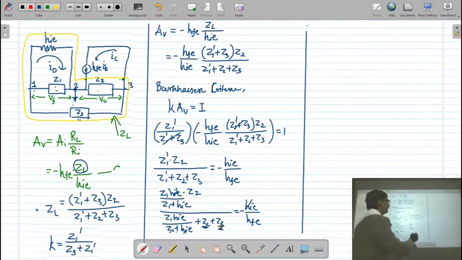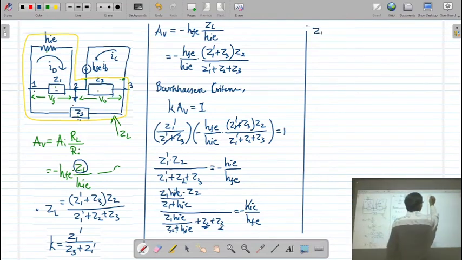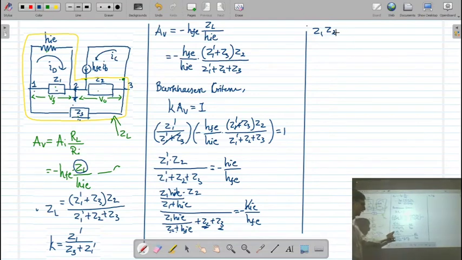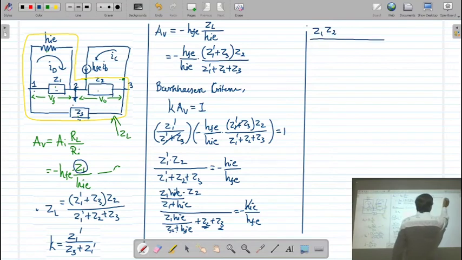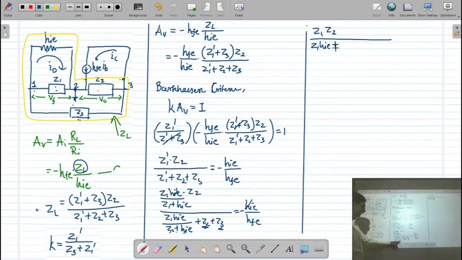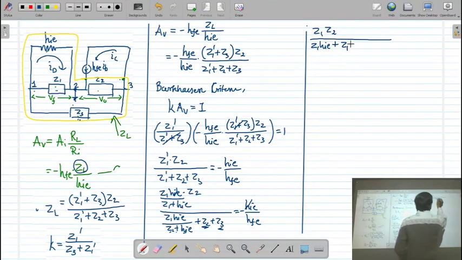So my expression will be Z1 into Z2. First of all, we will write Z1 into Z2 divided by Z1 hie plus. Now Z1 plus hie multiply with Z2. So you will get a Z1 Z2 plus hie Z1 Z2 plus Z1